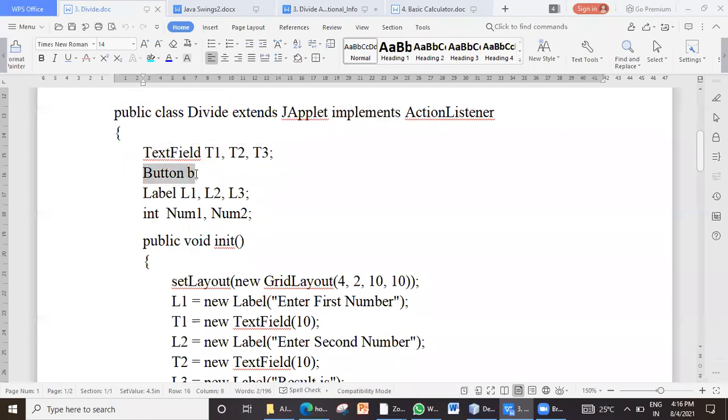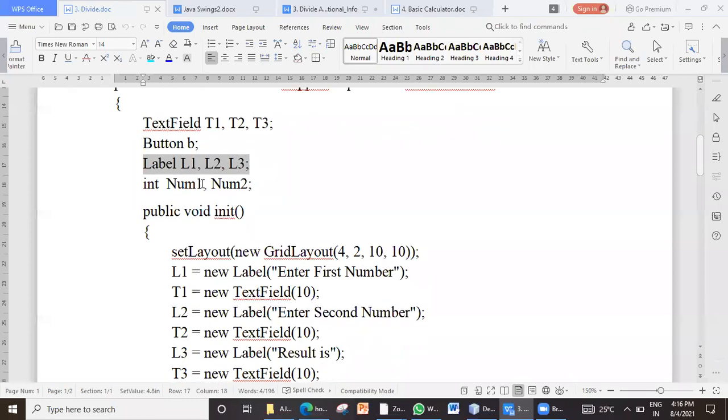We require one button, so I have declared it as B. We need 3 labels, so we have declared them as L1, uppercase L1, L2, and L3. Don't use lowercase because that will be a little confusing, whether it looks like 11 or L1. So use uppercase only. Or you can name them lab1, lab2, lab3 also. Then here we have declared 2 numeric variables, that is num1 and num2.